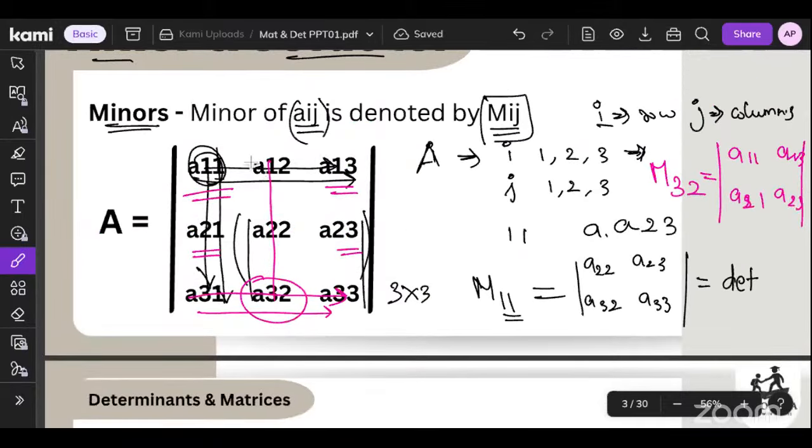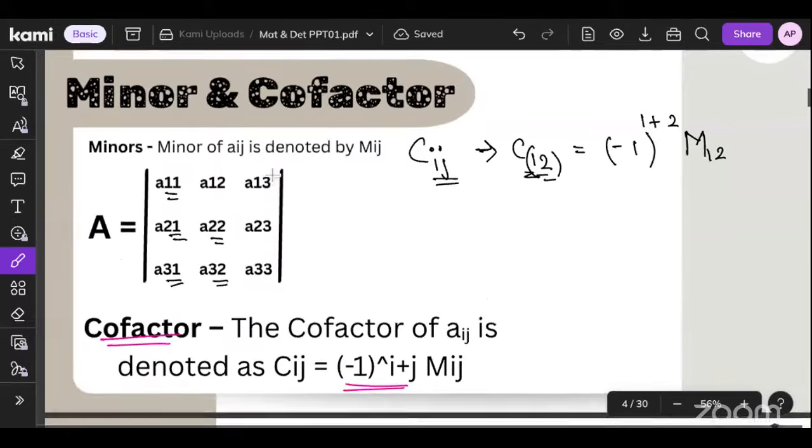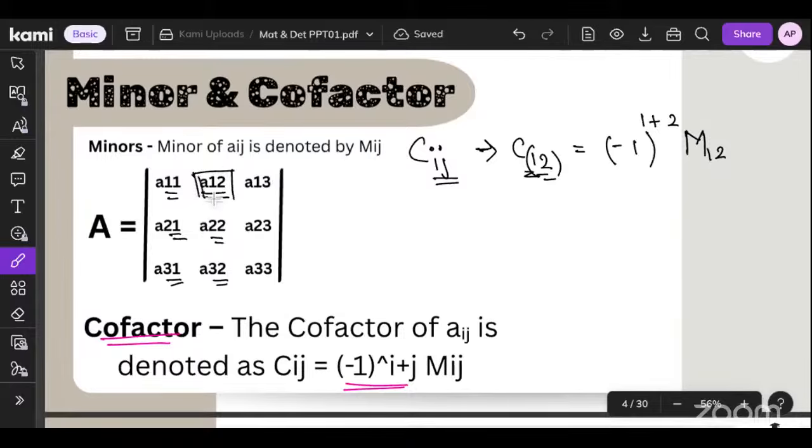We need to omit the rows and columns which contain that element. Okay, so here 1 2 1, we need to omit the first row and then second column. The remaining is,